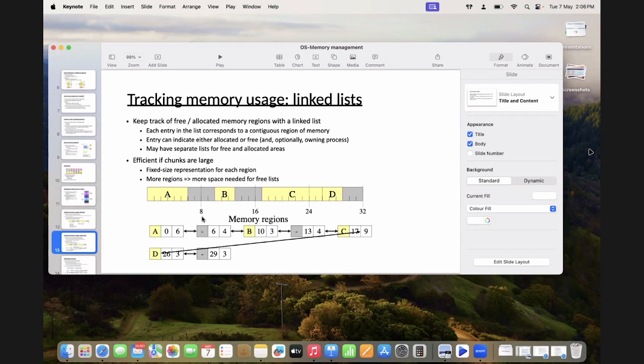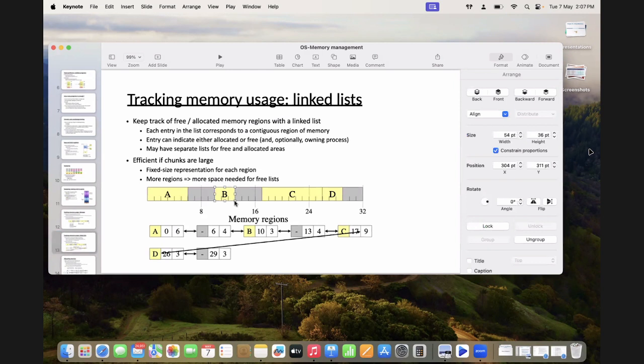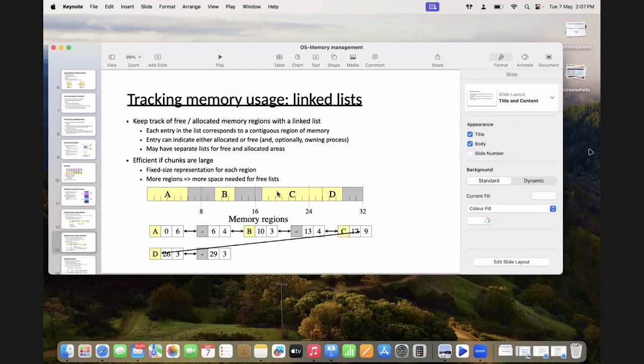After that, there is a hole, nothing in it, and here it can be marked X or some other thing so that it is identified as a hole. Where the hole starts and how many blocks it has. Then the same story for process B: where it starts and how many blocks. If you see here 8, 9, 10, from 10 to 3. Then followed by the next hole, then C. So we keep track of free or allocated memory regions with a linked list.